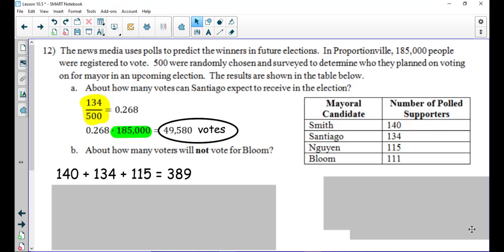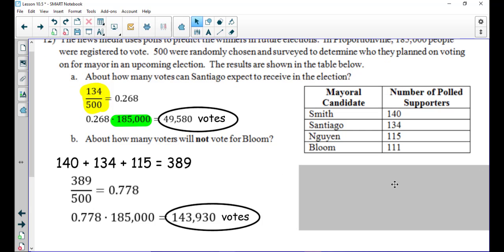So I added the 140 to the 134 to the 115 and got 389 people who were polled who did not vote for Bloom. I did 389 divided by 500 to get my sample proportion, and that's going to get me 0.778, so about 78% of people did not vote for Bloom. I multiplied that by my population size, which is 185,000, again assuming every registered voter votes, and you get